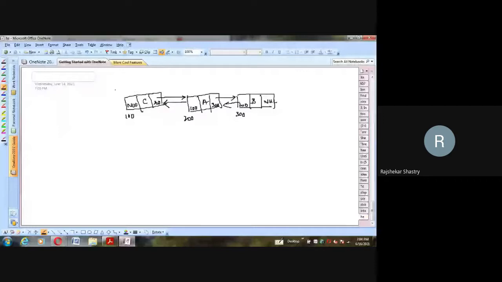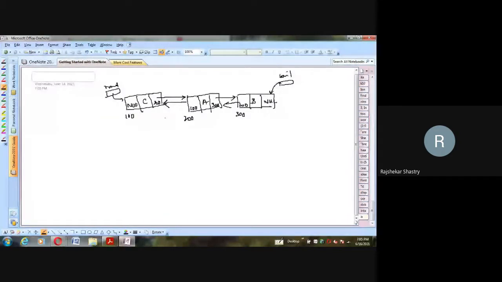And here, to take advantage of this double linked list, it is better we take two pointers. One we call the head pointer, pointing always to the first node, and the other we take as a tail pointer, which always points to the last node. Since two-way traversal is possible, if you feel that an operation is easy to perform on the tail side, then we can take the tail pointer and start doing that operation.